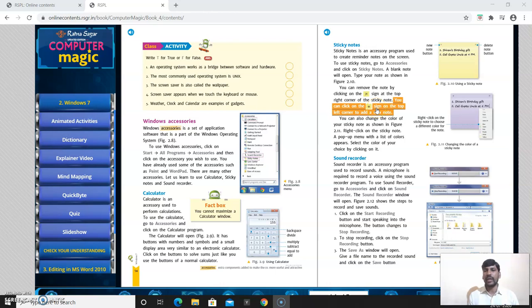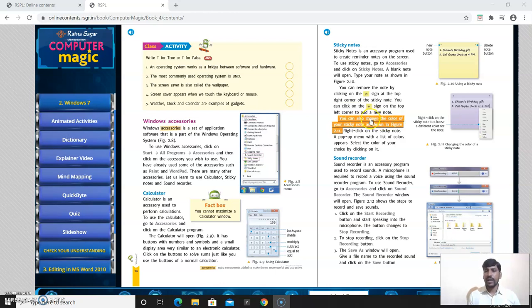Now you can click on the plus sign on the top left corner to add a new note. Suppose there are 3 or 4 important dates to type. To type them one by one, you just click on this plus sign symbol.